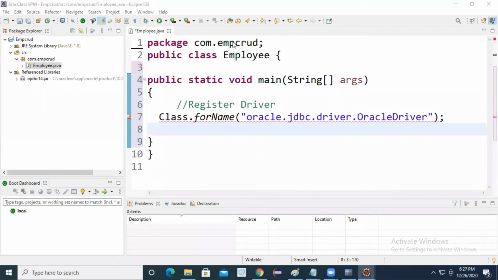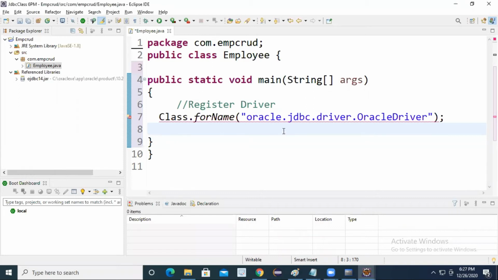Registering the driver with the driver manager. The driver class is registered with the driver manager after invoking the method.